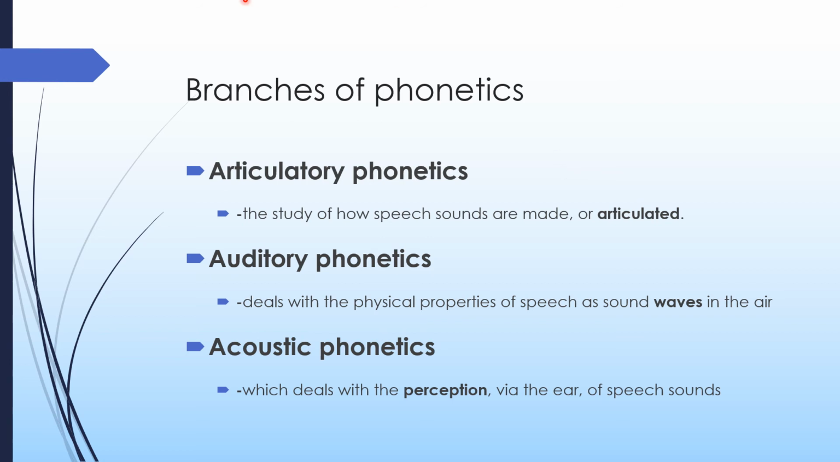So now we are at the very end of this particular narration. We are having these branches of phonetics. We said earlier that we have 3 branches of phonetics: articulatory, auditory, and acoustic phonetics. Articulatory phonetics is the study of how speech sounds are made, how the sounds are produced, from where the sounds are produced. Under auditory phonetics, it talks about how the sound waves,